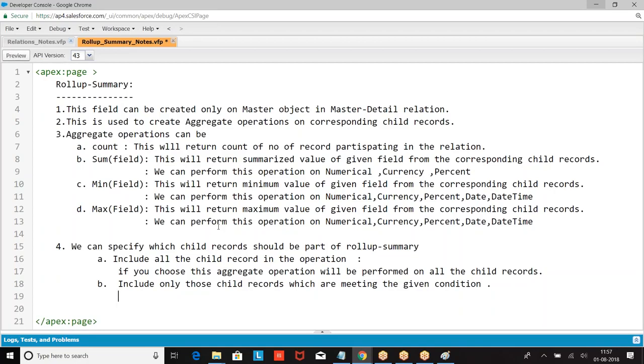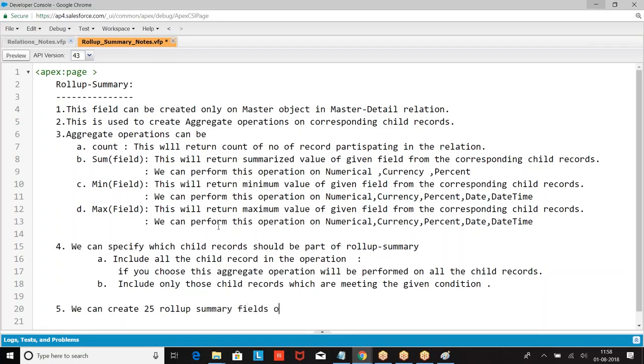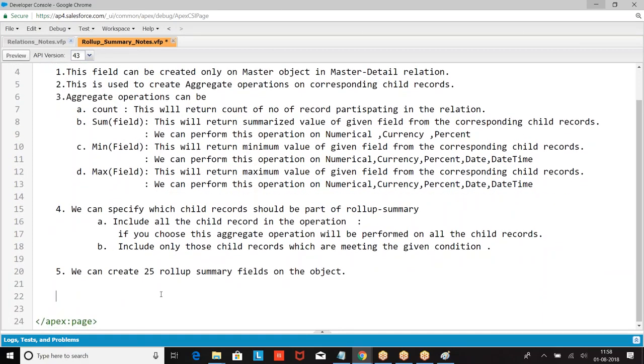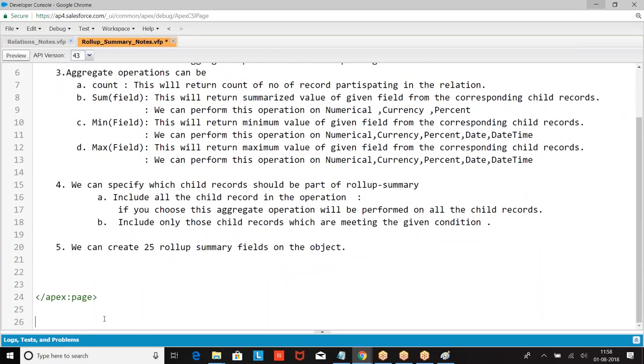We can specify the condition which record should participate. So how many roll-up summary fields can be created? We can create 25 roll-up summary fields on an object. So what is the navigation that we had? Everyone has followed this?